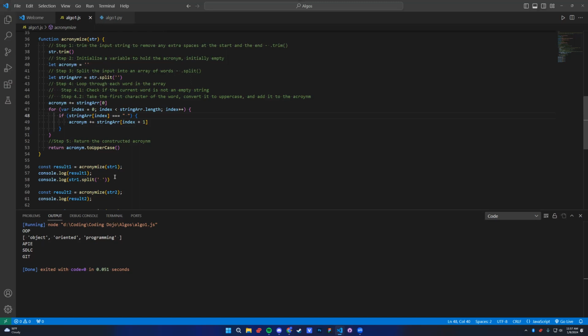Then he loops through the array and he checks to see if the current word is an empty string, right? And so that's how he does that on line 46 with the for loop on line 47. Checking the first letter with 46 and then looping through on 47. I'm actually a bit confused on how it works with acronym outside the line on 46. So does it matter if